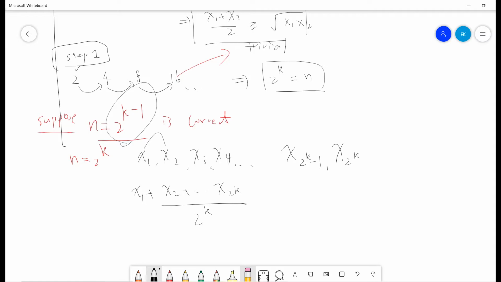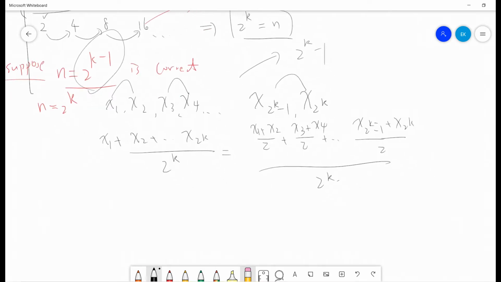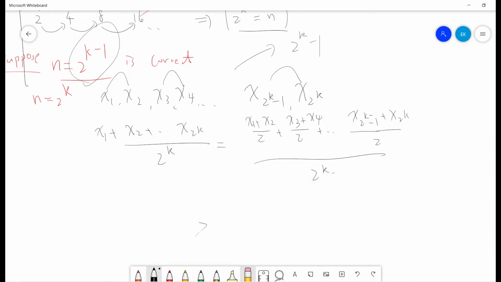I can group the first two, these two, and I get 2^(k-1) numbers. So by this one, then I can write as this. Correct? And since I say any 2^(k-1) numbers is correct,